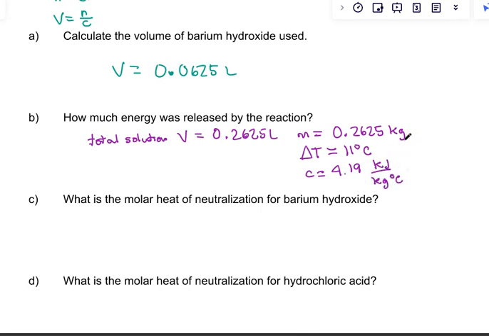As soon as I wrote kilograms here, I pretty much locked myself into using kilojoules and kilograms for my specific heat. So the energy that this liquid soaked up would come from MC delta T, times 4.19 times 11 degrees, and I get 12.0986